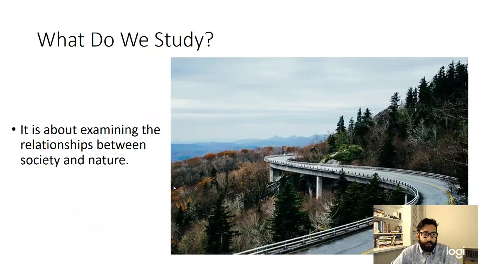Another way to think about it is as examining the relationship between society and nature. And so it's not just looking and trying to see it and report back. It's also trying to understand why, or for what end. And so in this case, the road could be the Blue Ridge Parkway through the Carolinas. And so why did human society build it? Well, maybe it's to access something, so it's easy to go through there. Maybe it's to get to the natural environment or something else.